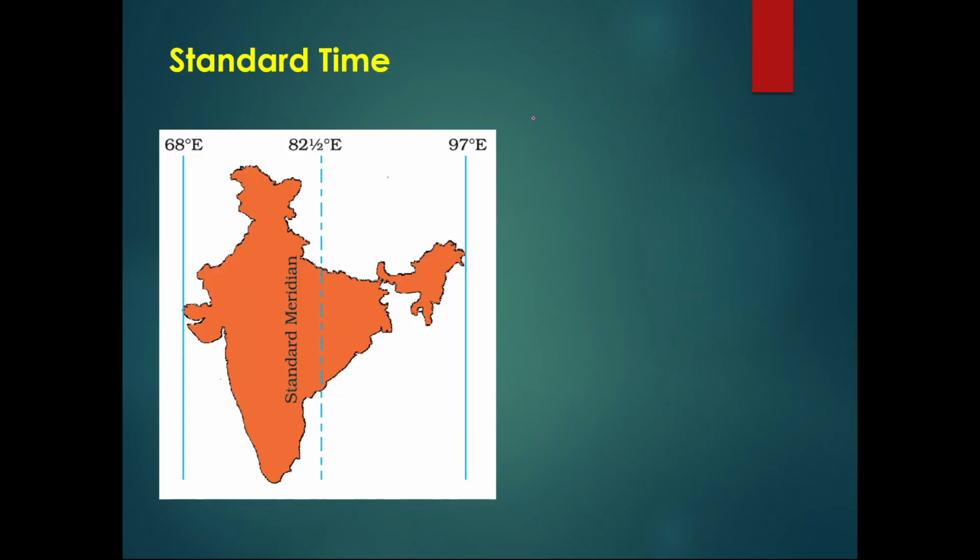So you can see that India has a span of around 68 degree east to 97 degree east. So this is the span of longitude, around 29 degree. Okay, if we divide it by 15 degree per hour, you can see this span is of 2 hours. If we calculate exactly in terms of sunrise and sunset, sunrise here and sunrise here, we can see around 2 hours difference.